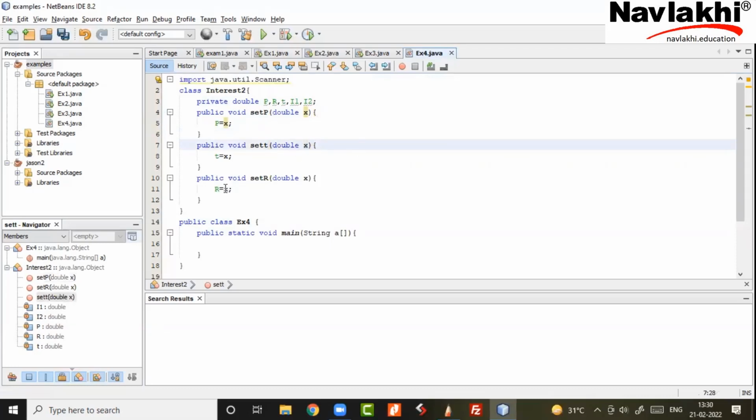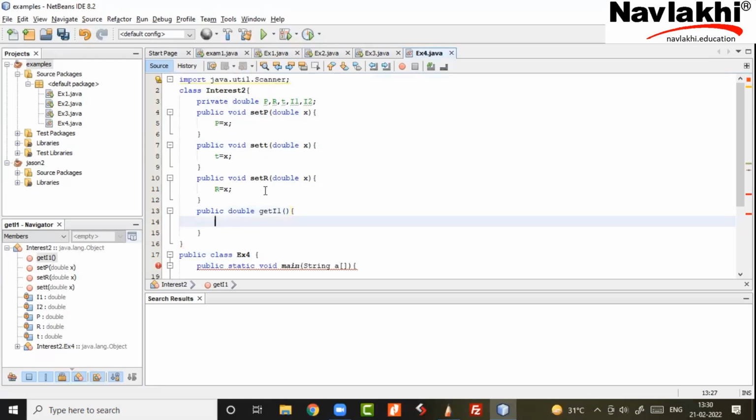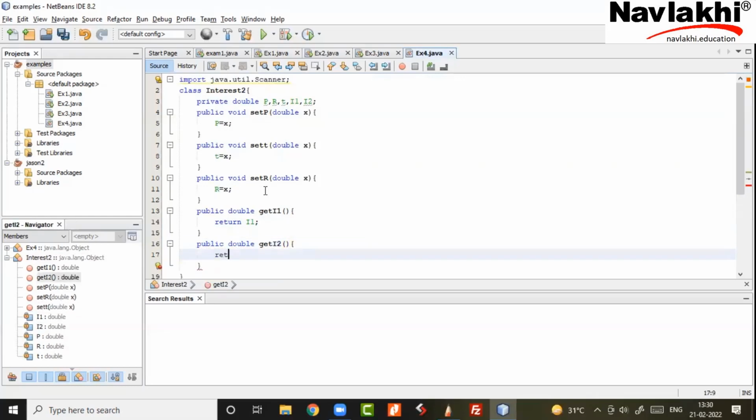नाम कुछ भी रखो. And same way, जिसको तुम्हें print करना है, we call this get I1, which won't be a void function. This will return because it's not supposed to print. So it will return the value of I1. Obviously, I'll calculate before returning, undoubtedly. Calculate function hoga. And public double get I2. So there are getter functions and setter functions. Getters are used for those which you want to print, and setters are used for those which you want to input or set.